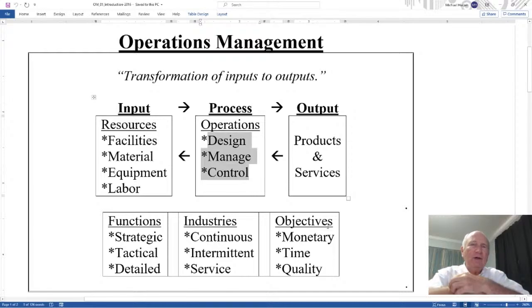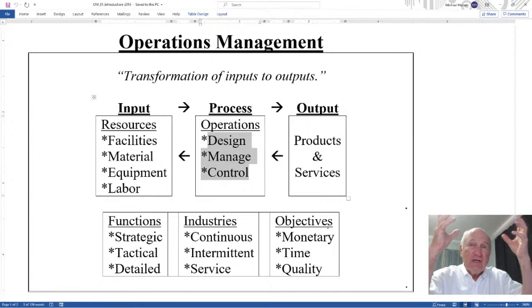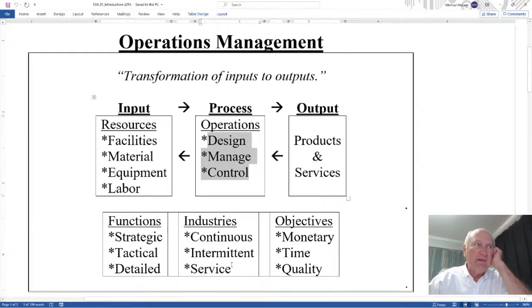In control, what I mean by control is change and updating and modifying, and changing operations today to respond to things that happen that are not expected or that are expected. Okay,